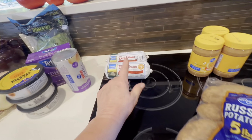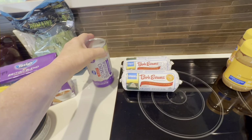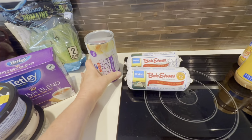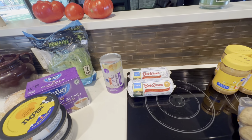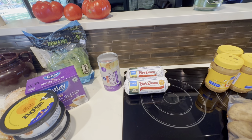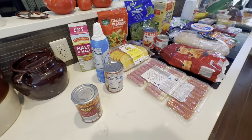Also, John Wayne. I actually got the sausage and biscuits. So when we have our company, John Wayne, he's the cook. He's the breakfast cook because I don't like to cook breakfast. Thought we could have sausage and biscuits one day. And I probably need to get some bacon because we'll probably have bacon and eggs and maybe some pancakes or something one day. I spent $84.21 at Aldi's, and I spent